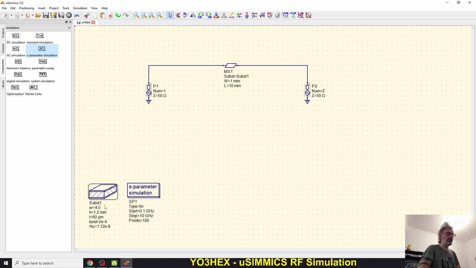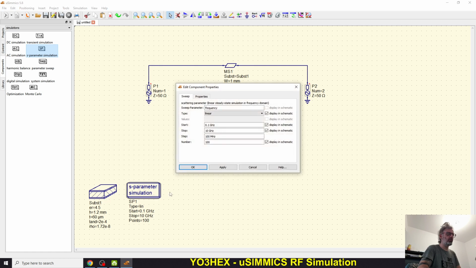After that, we said that okay, we have this substrate, we've defined our PCB, but I would like also to go to the S-parameter and say, okay, I don't want from 100 megahertz. I would like from 1 gig up to 3.5 gigahertz. Okay. Now you can define the number of points here. I'm putting around